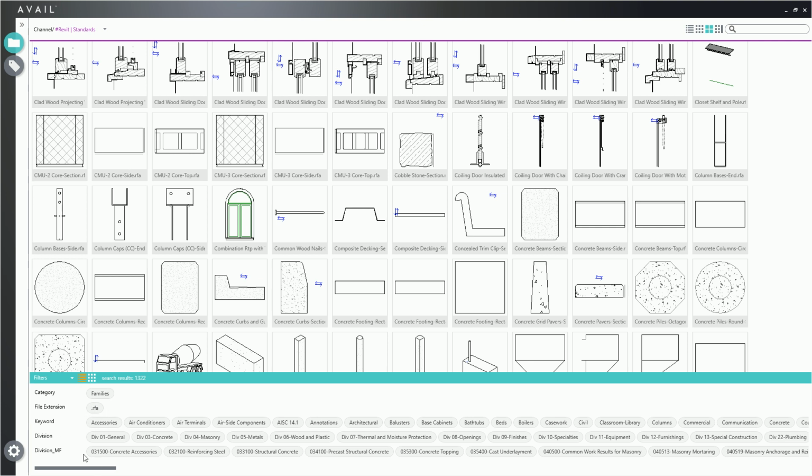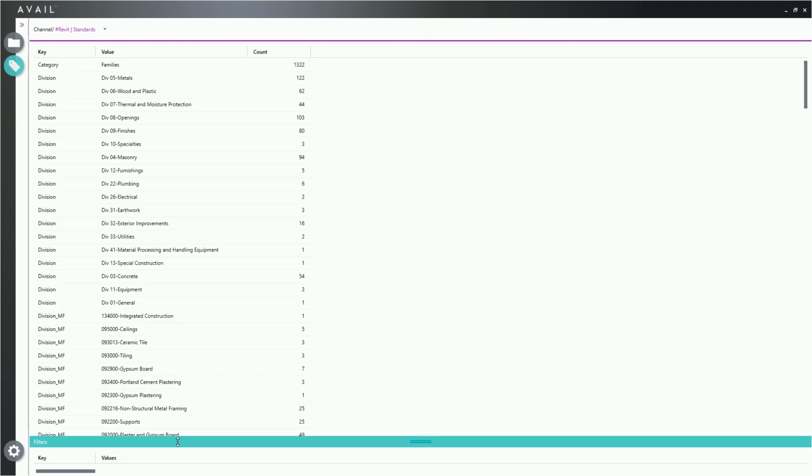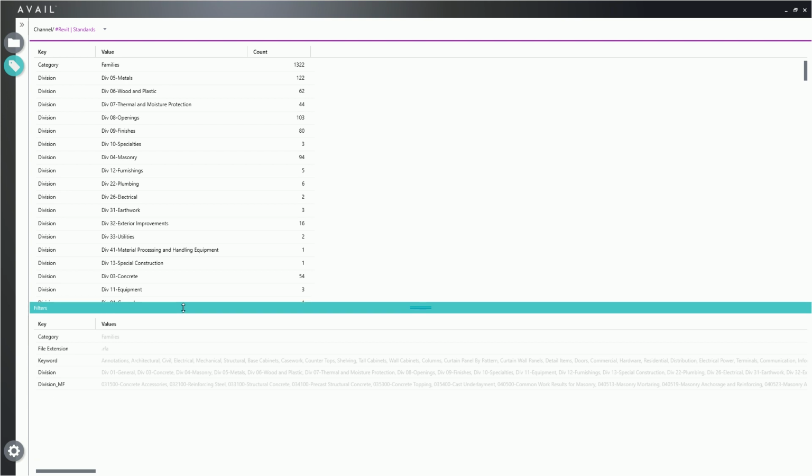If you look though, you can also decide how you want this information in your filters panel displayed. So if I go back to the tag editor, there is a filters panel representation at the bottom for each channel. So here you can see those keys that are being represented, and you can actually just drag and drop these around to reorder them. So I'm going to take the extension and put it at the bottom. I'm going to take the division category at the top, followed by division master format number, and then those generic